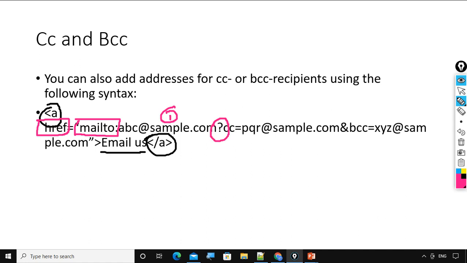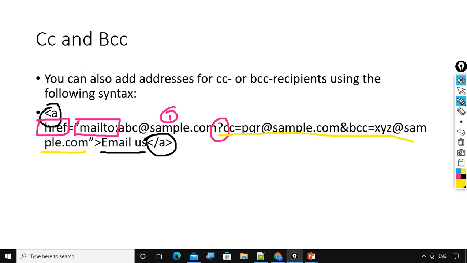Okay, to whom I want to send the email, correct? Then after that, from here, observe, from the question mark to the ending of this value, what I am doing, I am writing a pair of what? CC and BCC.